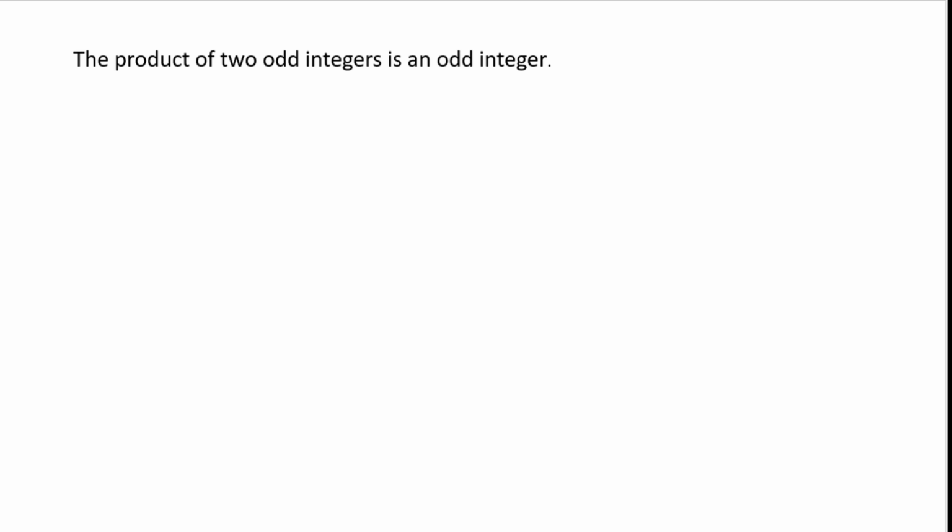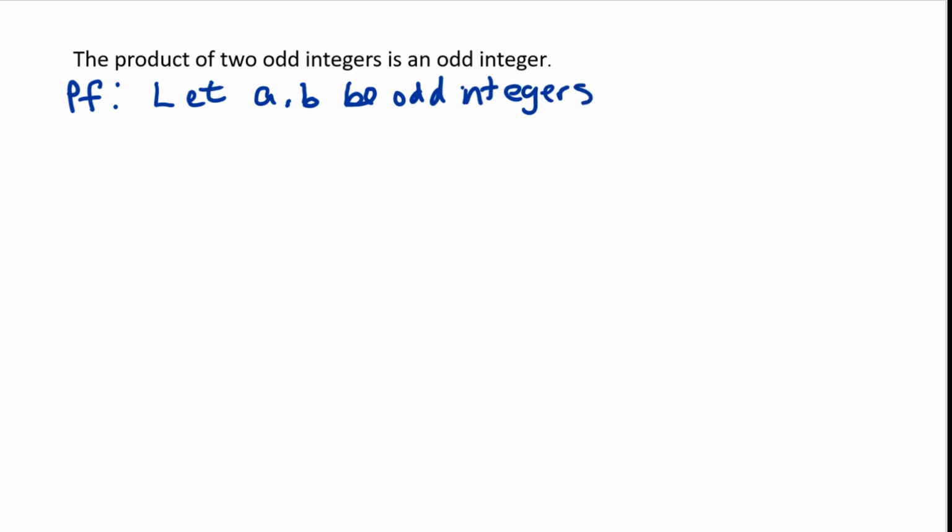So let's begin. To write a proof, we begin by writing PF to indicate that's what we're doing. And then we're going to take two arbitrary odd integers. So I'm going to say, let A and B be odd integers. Okay? So we'll say that there